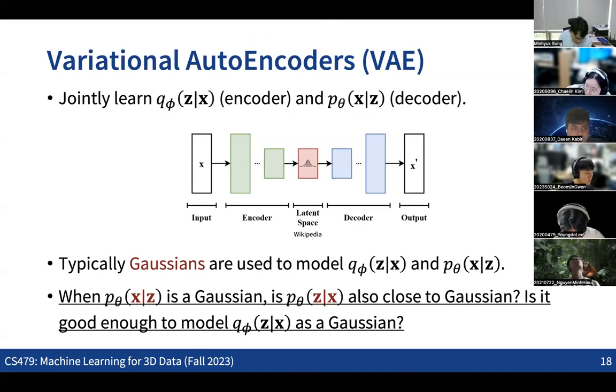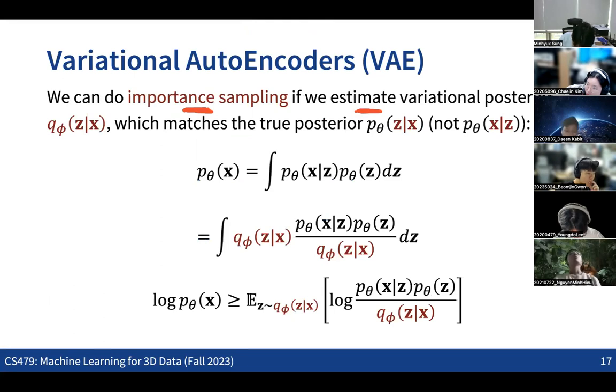By leveraging the same auto-encoding architecture, we are now learning the conditional distribution of the probability of z given x, and also the conditional distribution of x given z, in a way that we can do importance sampling in computing the probability for each of the data samples x, and then we are optimizing all the parameters in a way that the probability for each of the data samples becomes maximized.